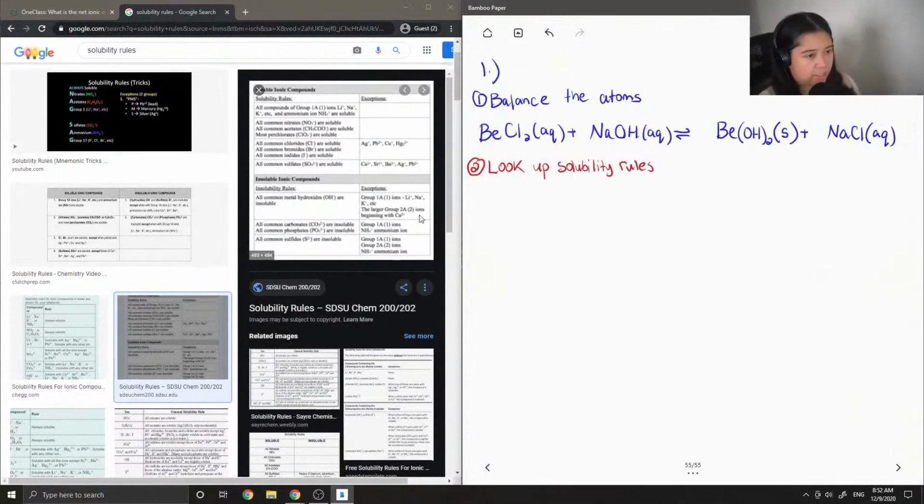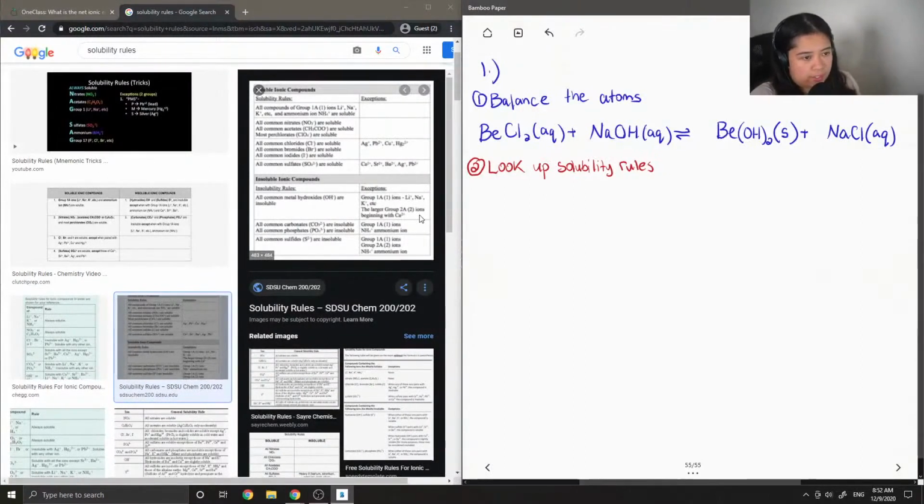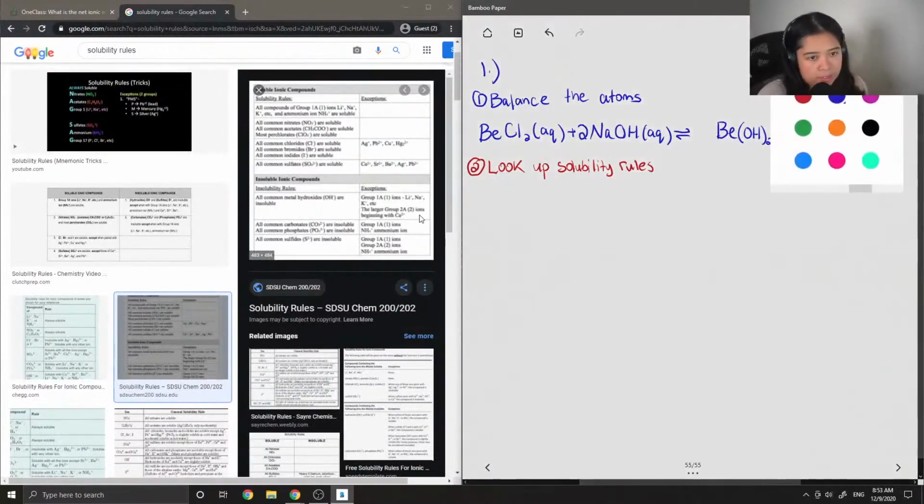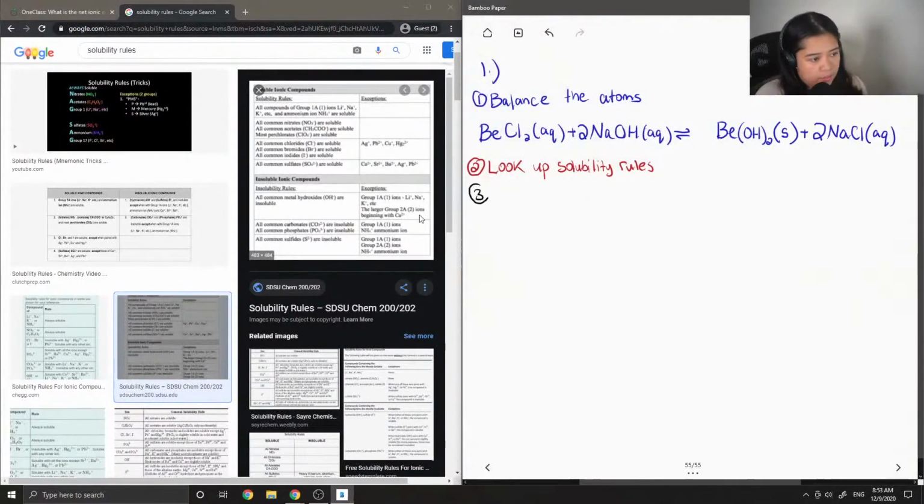Okay, so now we actually have to make sure that the reaction is balanced in terms of the atoms. So we have 2 chlorines on our reactant side, so I'm going to put a 2 in front of sodium chloride. So now we have 2 sodiums, so I will put another 2 in front of sodium hydroxide. Okay, so now that everything is balanced in terms of the atoms,